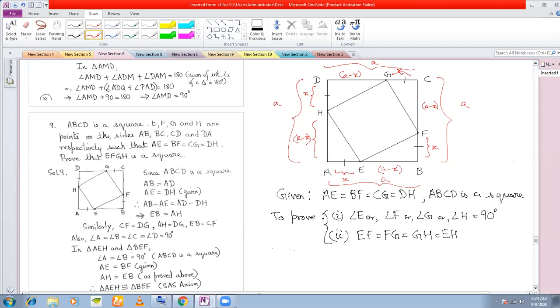So what do you see? What do you observe here? That not only these lengths, but these lengths are also equal. This length, this length, this length, and this length. They are also equal. So that is what we are going to show, not by taking a and x, but by actually taking the sides. So we have shown that all these blue marked sides are equal. Let me just erase this now.